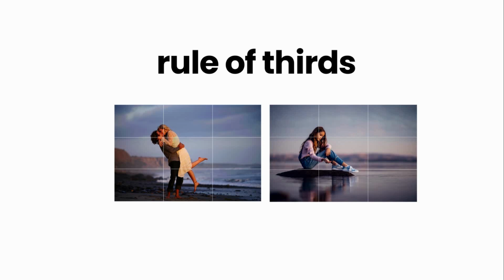When you draw two horizontal lines and two vertical lines, your object should be at the intersection points of any side. So either these two intersection points or these two intersection points. It is scientifically proven that our eyes will look at these points when you share an image with anyone. So people who usually take photos by making the model stand at the center should try this method.